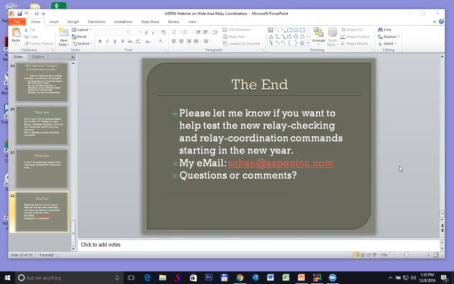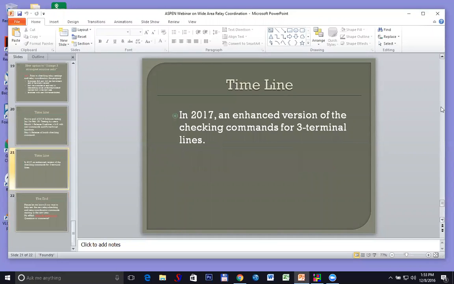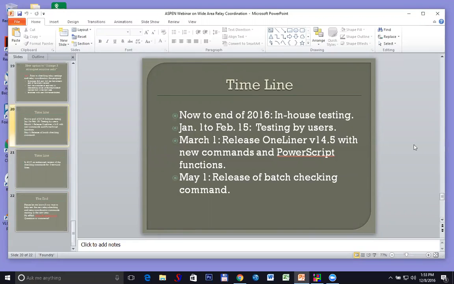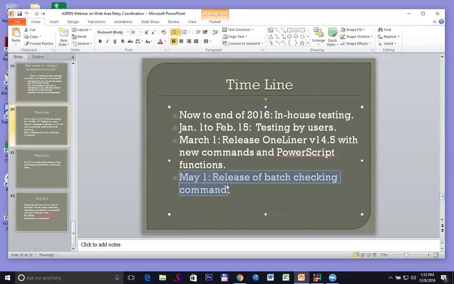The feature that you just showed. The answer is yes. You'll notice in the timeline that I mentioned that there will be a release of a batch checking command version on May 1st, so that would do exactly what you described.